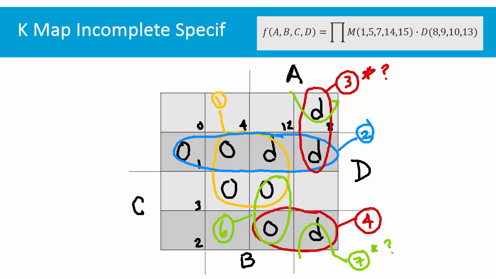Now let's find the asterisks. In this case, I don't have a don't care with only one group grouping it. But if I had one, you should not put an asterisk on a don't care, because don't cares are not an essential part of the function. We only care about the zeros. We only care about covering the zeros. So now that we found the asterisks, we know that group number 1 and group number 2 should be part